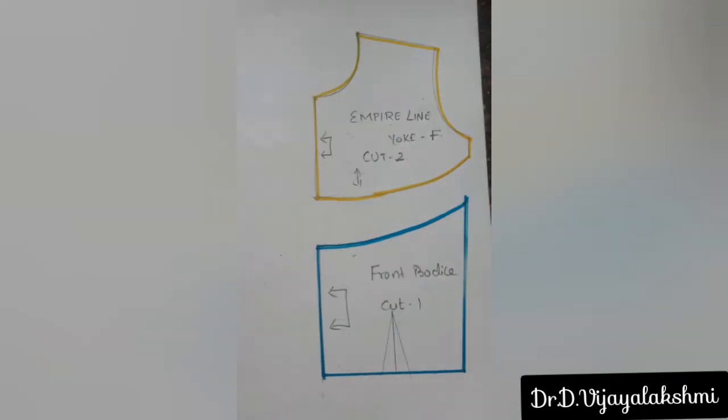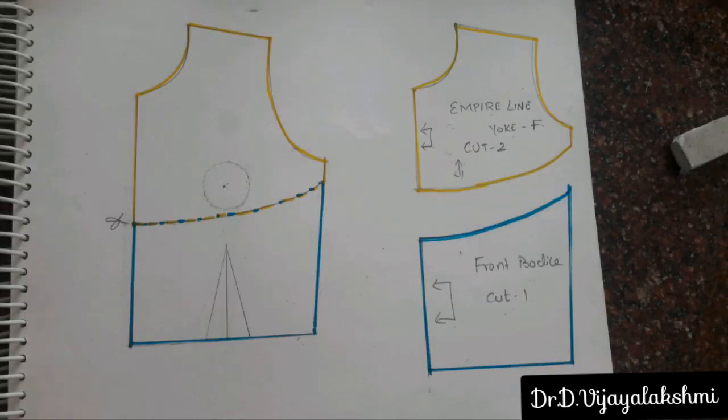Now understand the pattern details of the garment. The empire line yoke should be cut into two pieces because it needs to bear the strength of the garment. The yoke is at the top and holds the remaining garment, so it should be cut into two, and also the seam will be inconspicuous when you have the yoke cut two. You have an on fold at the center front for both the bodice and the yoke, and the bodice cut number is 1. This is for the front bodice alone, because the empire line is only at the front bodice. At the back it's a normal basic back bodice.